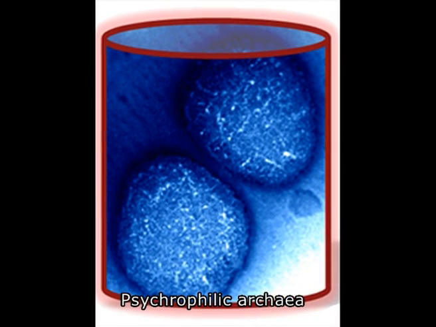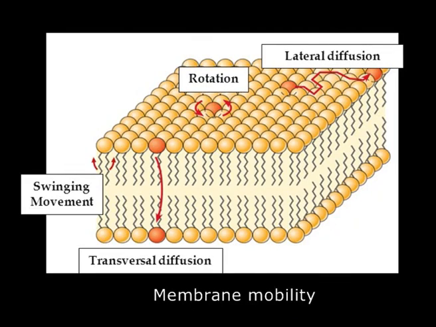The second one, strategies of psychrophilic archaea. The psychrophilic archaea have 2 challenges. Number 1, very low temperature, and number 2, the high viscosity of the environment, right? Number 1, the membrane fluidity is controlled by the presence of polyunsaturated fatty acid, which actually makes the protein and lipid present in the membrane mobile. So, waste can be excreted outside very easily, as well as the nutrients can be taken up very easily by the mobility of the membrane system.